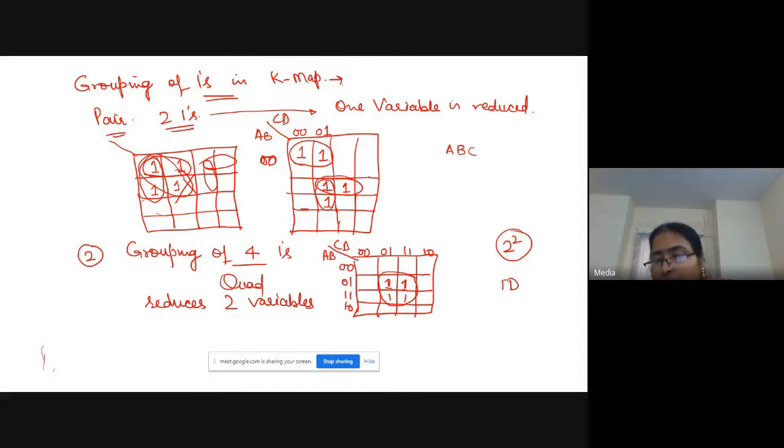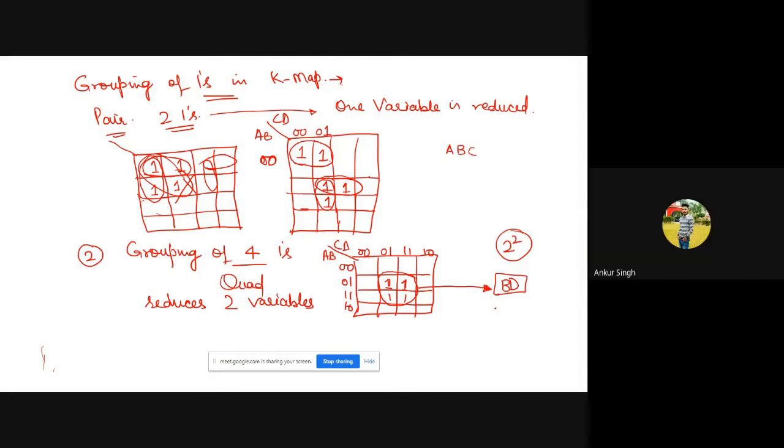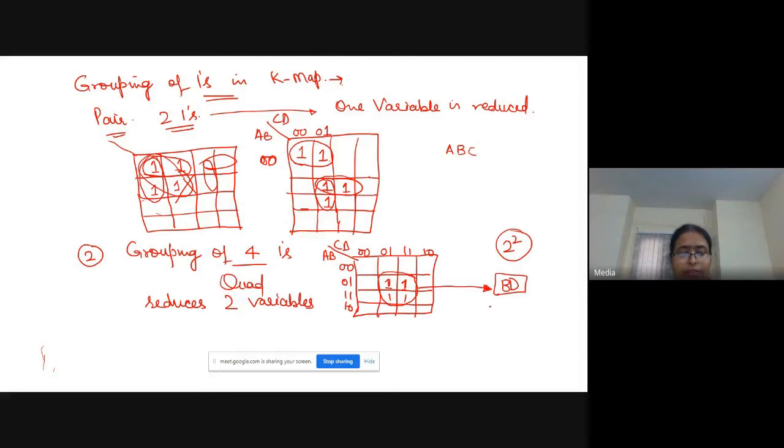So write B, D. So with this square, you have eliminated the variables A and C. So this quad is now reduced to B and D. Is it clear to both of you? Yes, ma'am. So this is grouping of 4 ones.